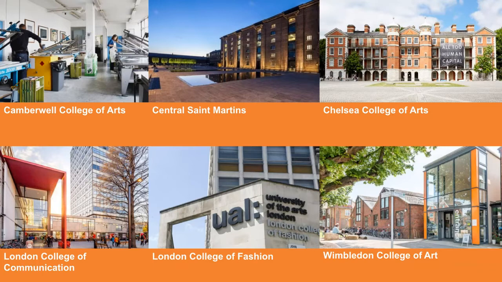And I think it's a really important thing to be aware of, the different dynamics of the spaces that you may potentially be in as well. So Wimbledon being in South London, it's quite leafy, there's quite a lot more space. And the programme profile that they have is quite different to some of the other colleges that we've got. Chelsea College of Arts, which is actually in Pimlico, used to be in Chelsea.